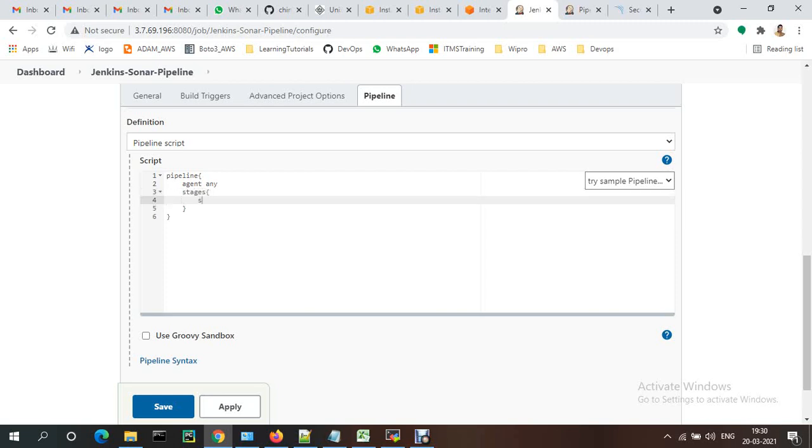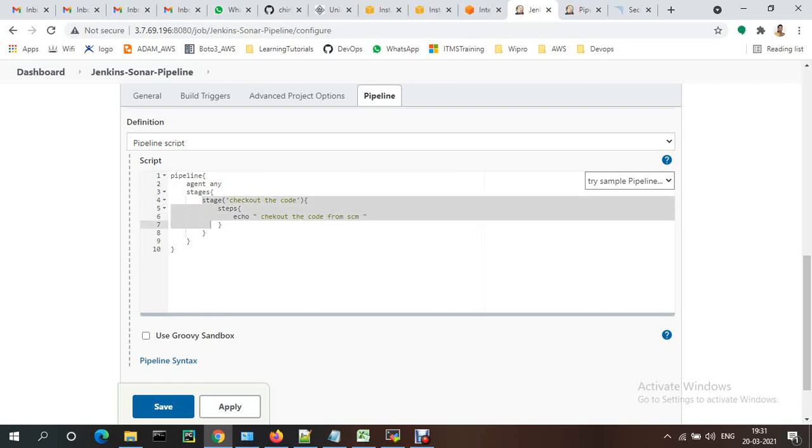Under stages you provide the stage. What stage are you going to write? First one, check out the code. Under this, the steps. Suppose I'm doing git clone, check out the code from SCM.